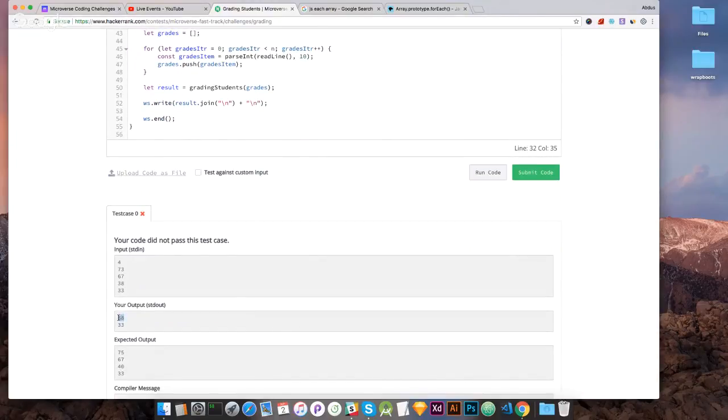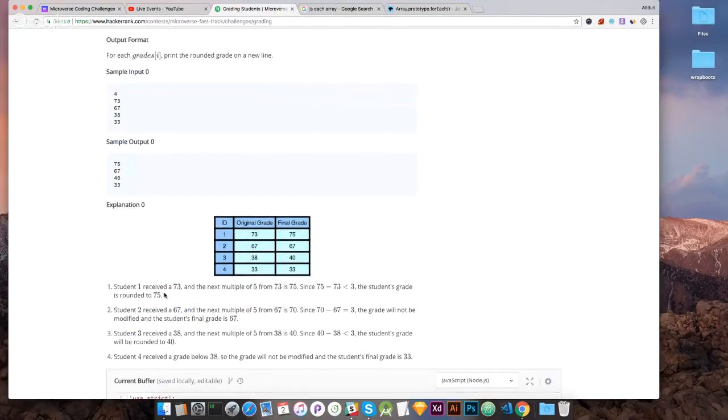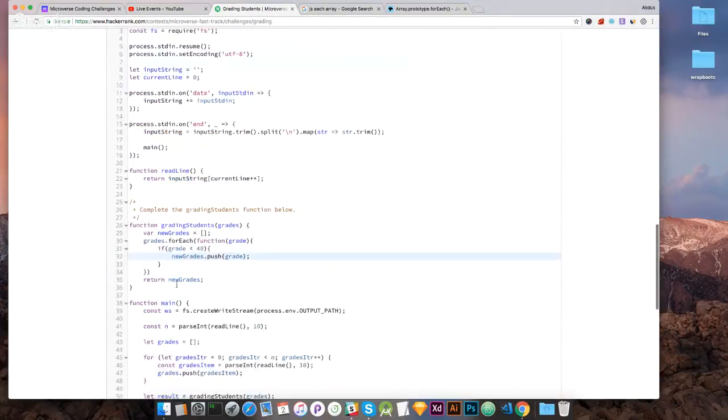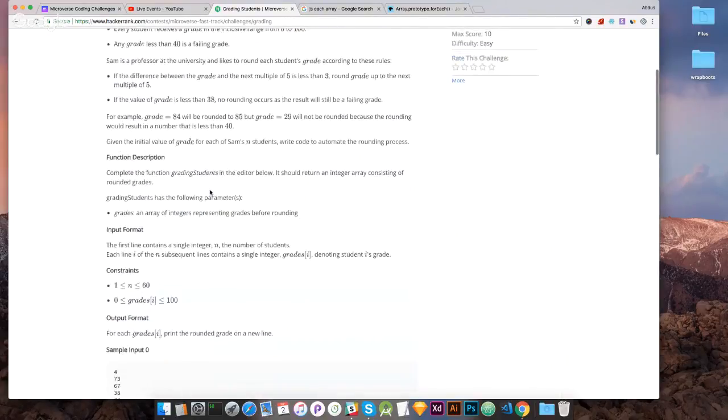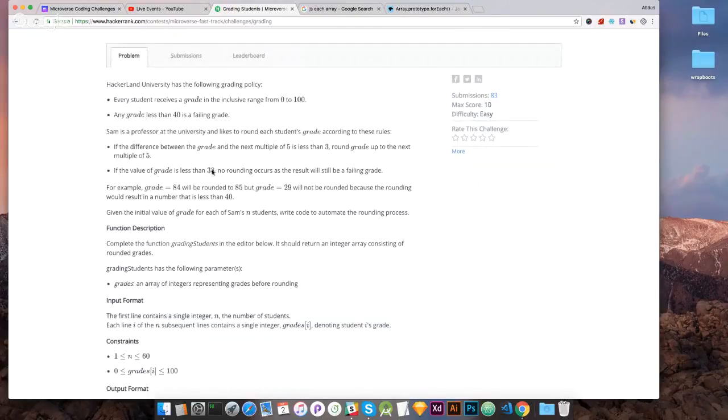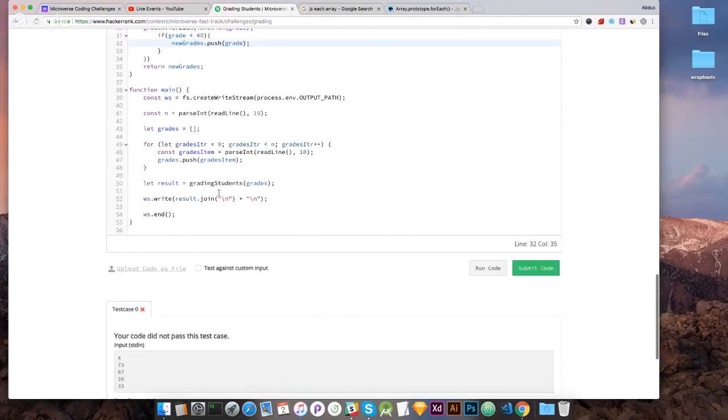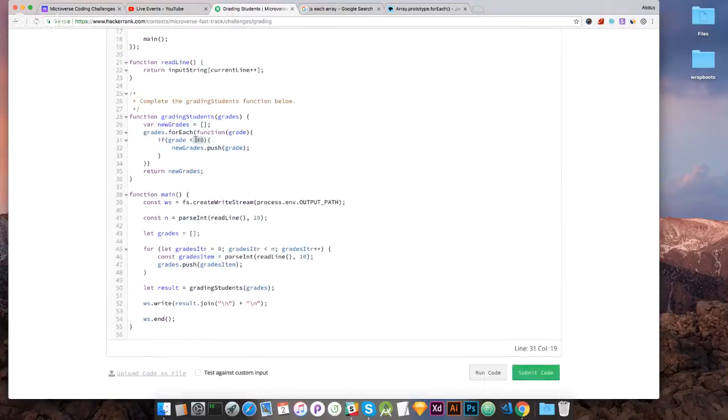Okay, so 38 and 33. Okay, so looks like there's some difference at the 38. Okay, so 38 will be rounded to 40. So I have to check if it's less than 38. If it's less than 38, it goes to the new grades. Else,